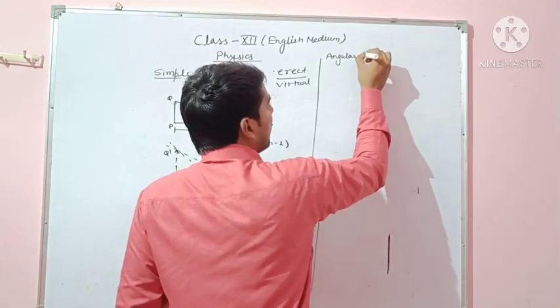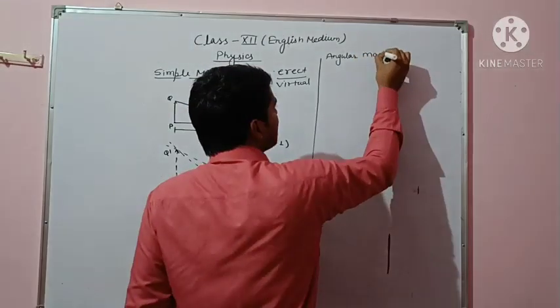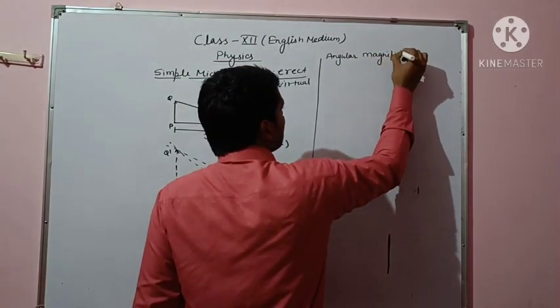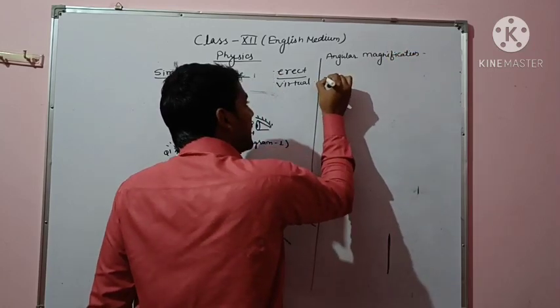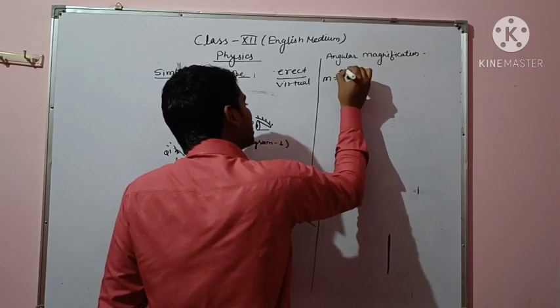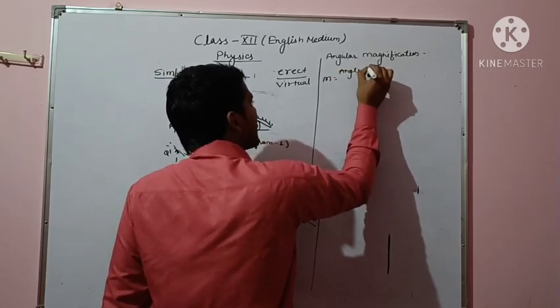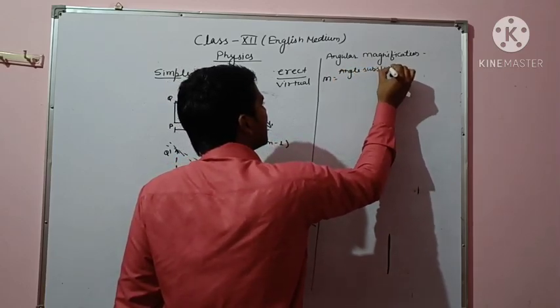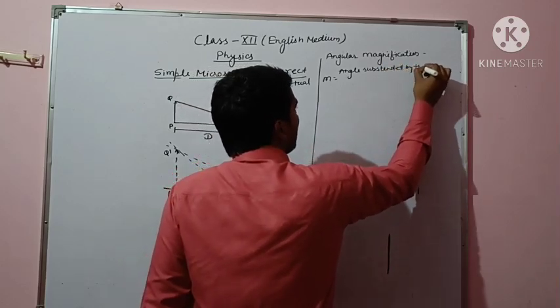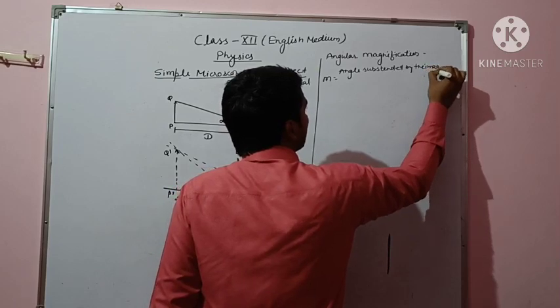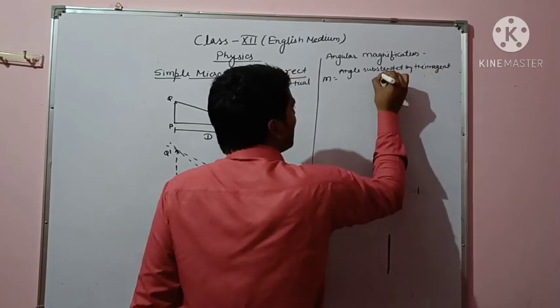Angular magnification M equals angle subtended by the image at the eye